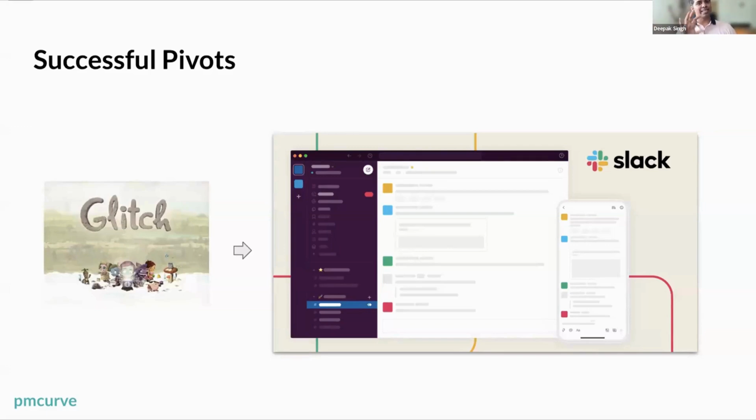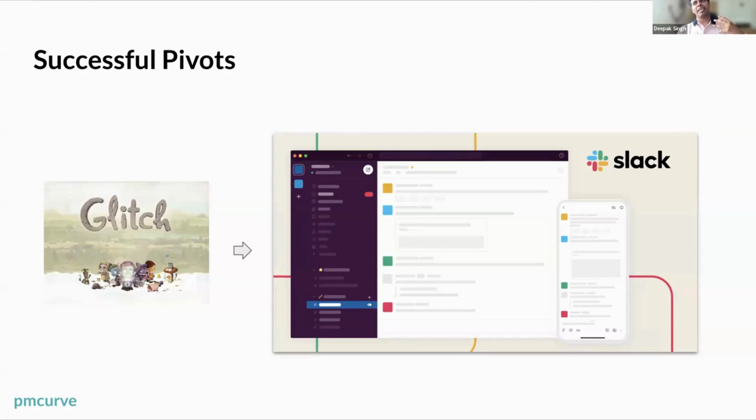And by the way, Slack has the same DNA if you look at it, right? Slack sort of follows all the essential things of games. It's delightful. The UI is pretty amazing. It gives you a lot of aha moments quickly. So Slack looks like a tool that a founder who has built games will build, right?